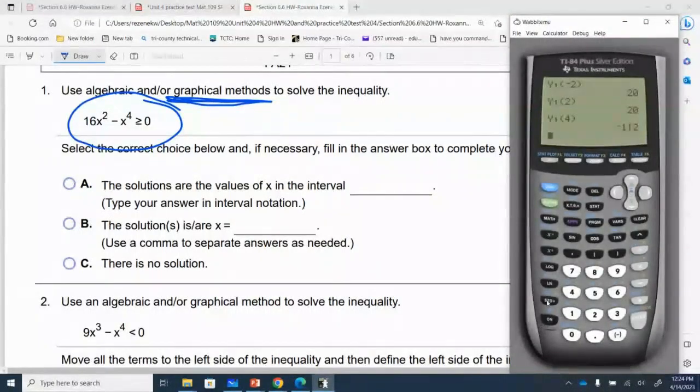and go to function 1 and put the data in. So I'm going to clear, that function says 16x squared. All right, so it's almost the same as what I have here, but I can type it though. So I just have 16x squared. Then it says minus x to the 4th, x caret 4. So I just put it in